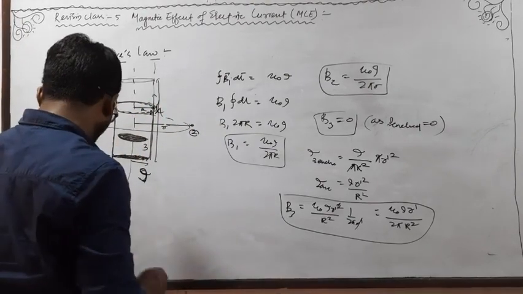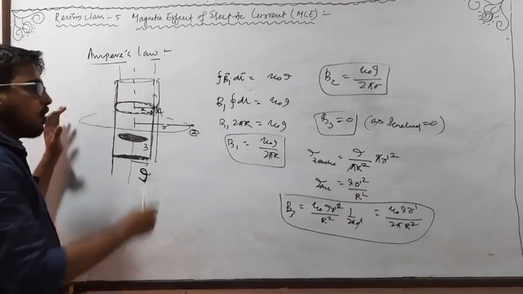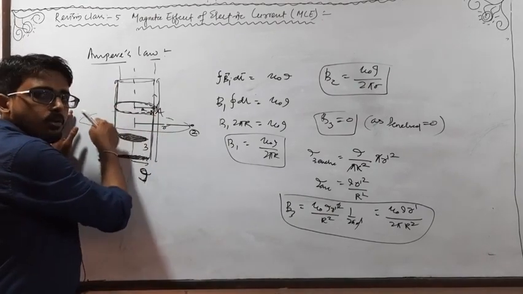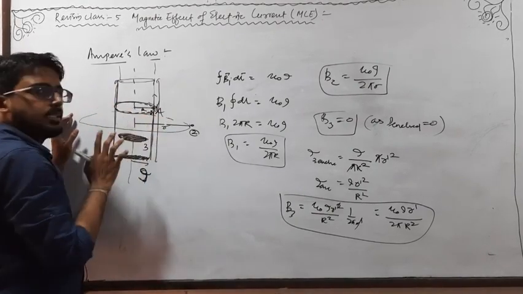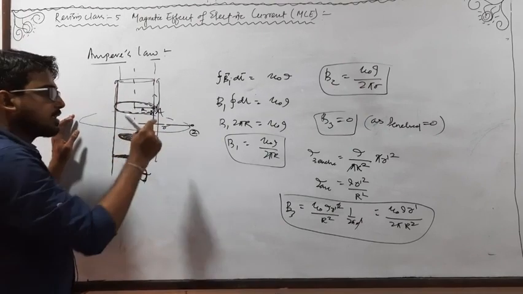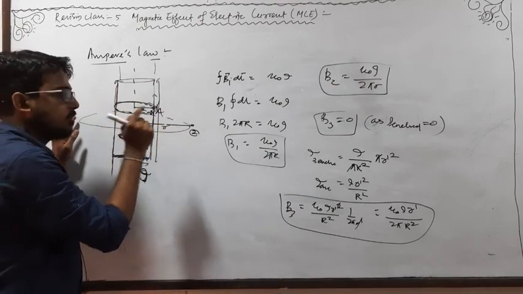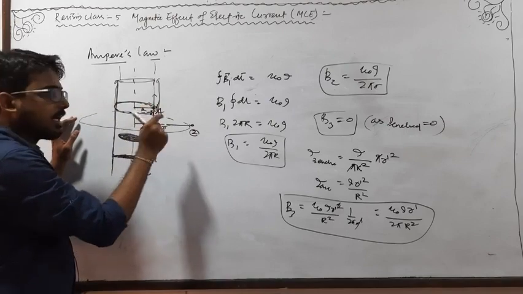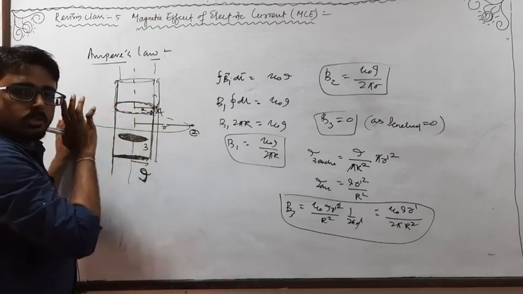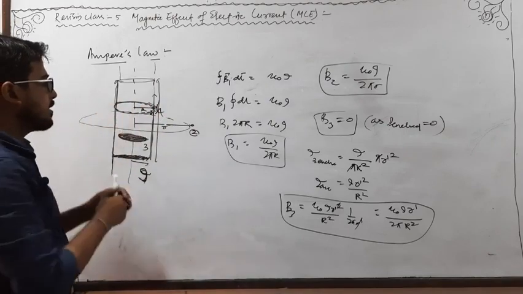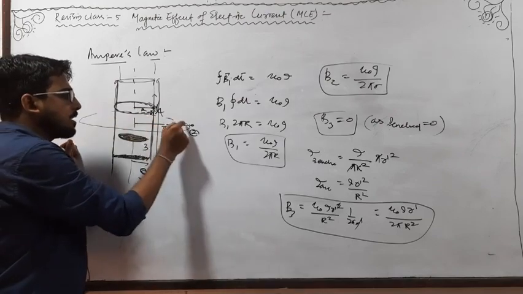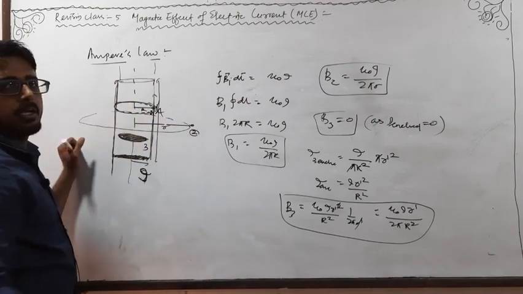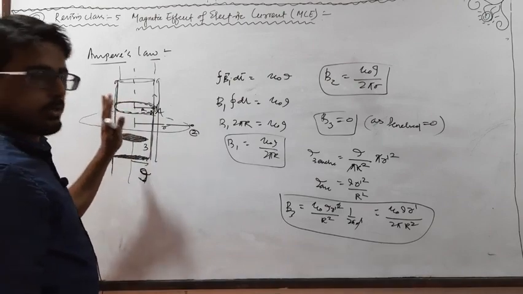Okay, and here you have to remember that the Amperian loop has to be chosen in such a way that the direction of the Amperian loop and the magnetic field strength at each and every point should be same, and the value of the magnetic field strength at each and every point on the Amperian loop will be equal. Okay,